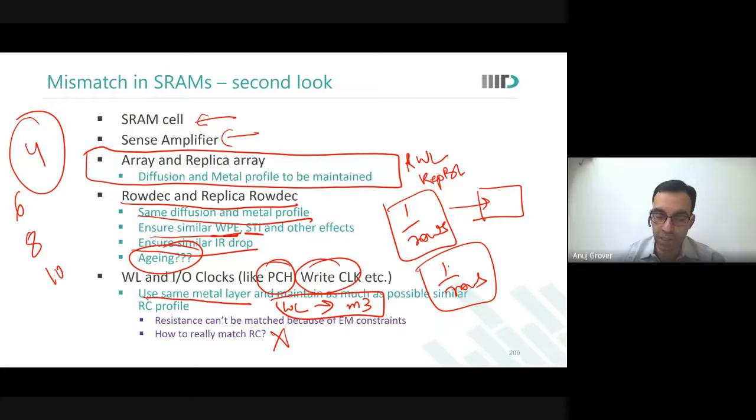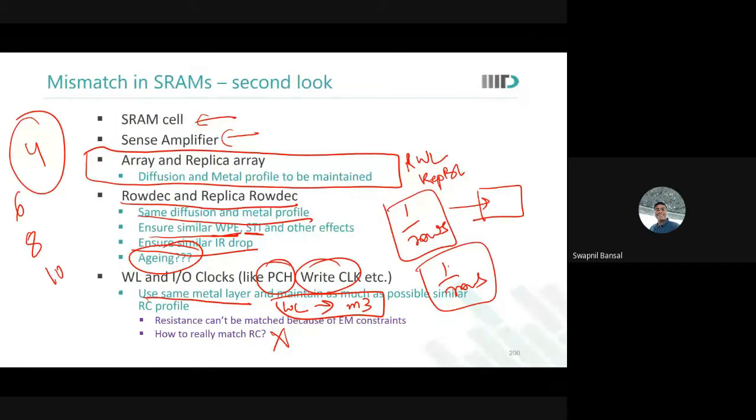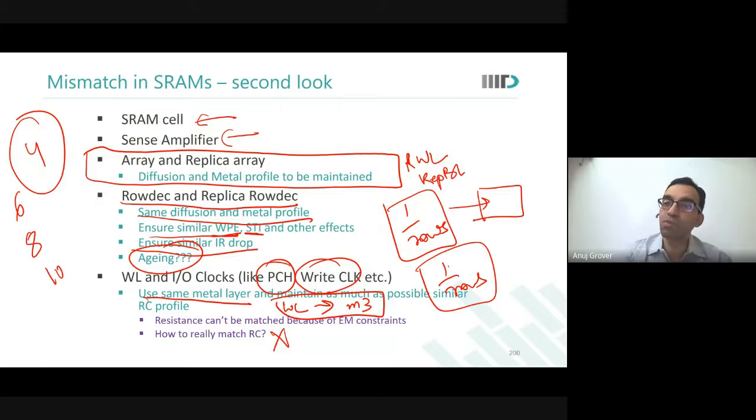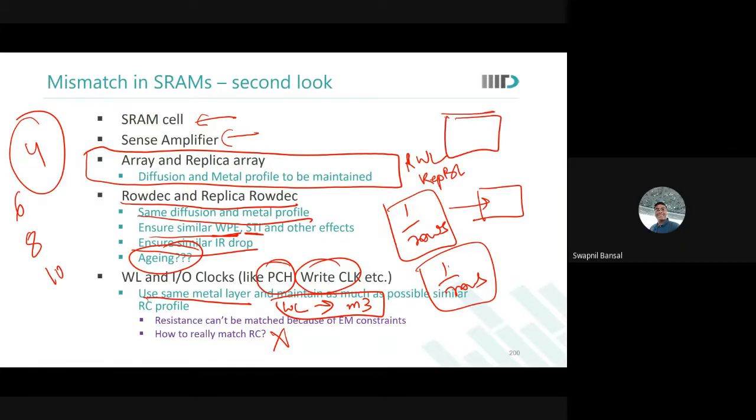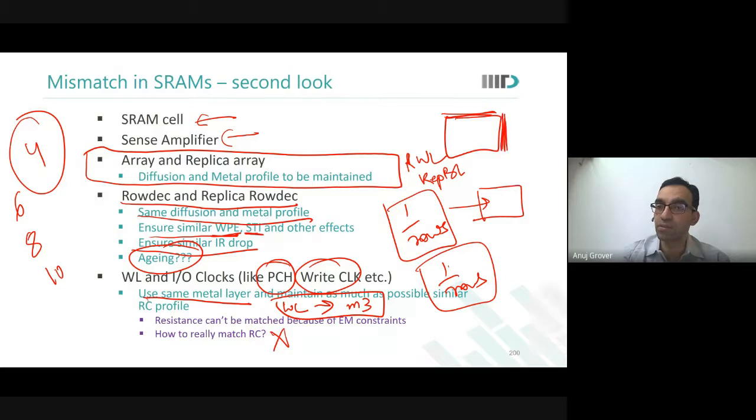सर रेप्लिका को हम कंट्रोल रीजन का ही पार्ट बोल देते हैं या फिर is it a part of IO, कैसे देखते हैं उसको? आप बताओ. Replica was where? Above the array, side of the array. So it is a part of array. It has to be designed. But there was a replica RODEC also. There was a replica IO also. It is not just control. It is a mix. जहाँ जो है वहाँ का रेप्लिका आपको बनाना है. वहाँ पे आपको मैचिंग करनी है. ठीक है?